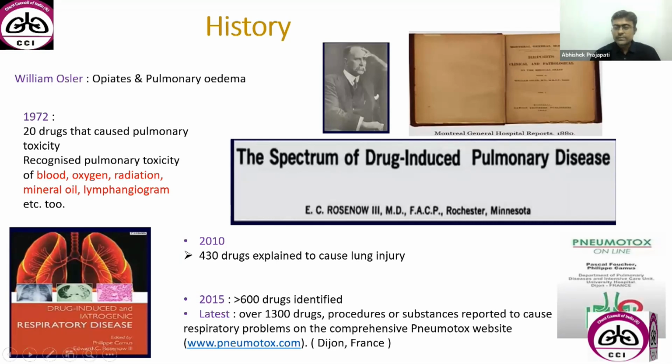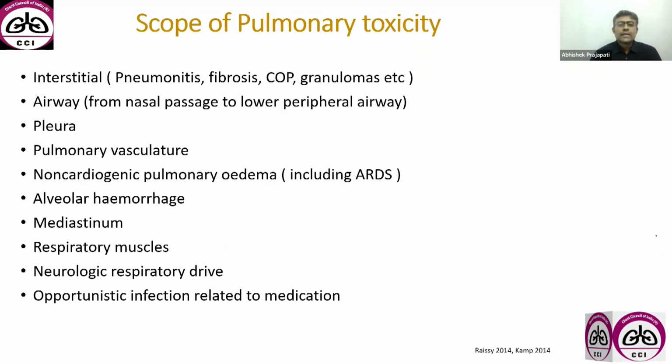If you want to know something, or you have some confusion, you can check this website, Pneumotox, developed by the French. Now, drug-induced lung injury is a very vast topic, and it is very difficult to understand and also very difficult to identify on many occasions. Why? Because the scope of the injuries caused by these drugs is very vast, and a single drug can cause multiple mechanisms. It is not precise to say that methotrexate or amiodarone or any specific drug causes only one specific type of injury.